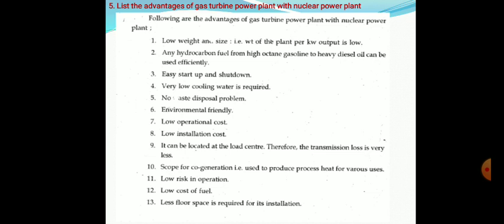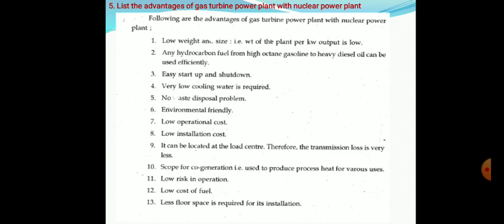Next question: list the advantages of gas turbine power plant with nuclear power plant. The following are the advantages: low weight and size, that is, weight of the plant per kilowatt output is low, any hydrocarbon fuel from high octane gasoline to heavy diesel oil can be used efficiently, easy startup and shutdown, very low cooling water is required, no waste disposal problem, environmentally friendly,